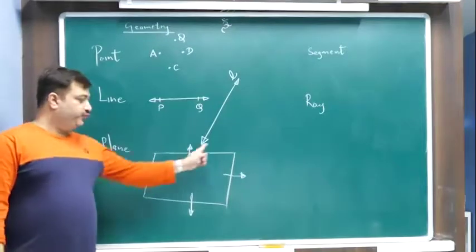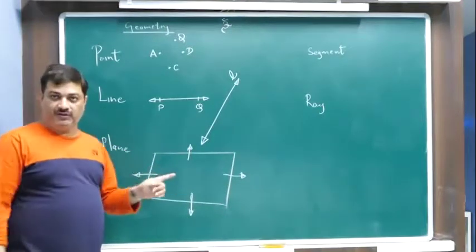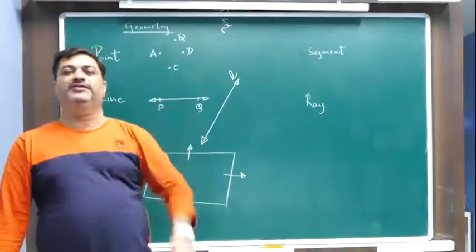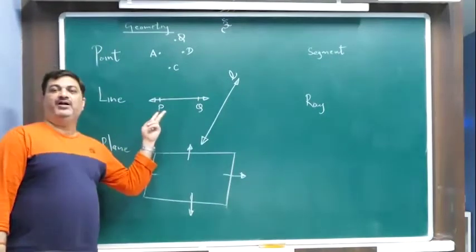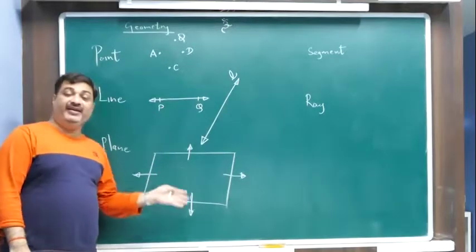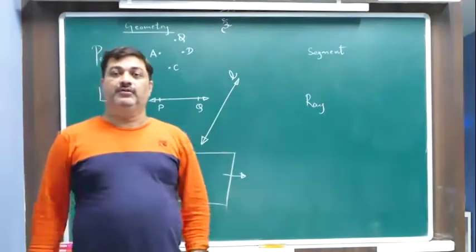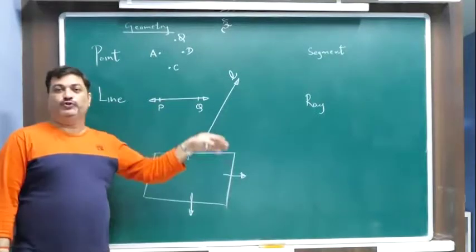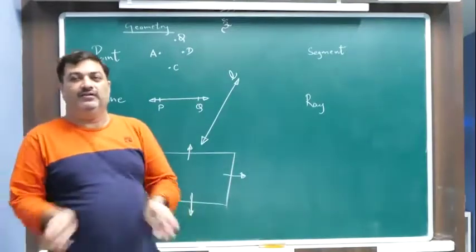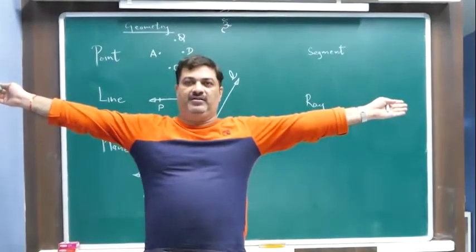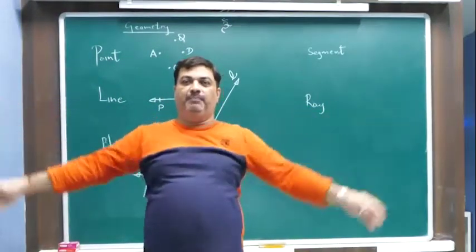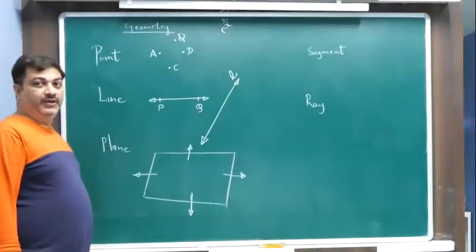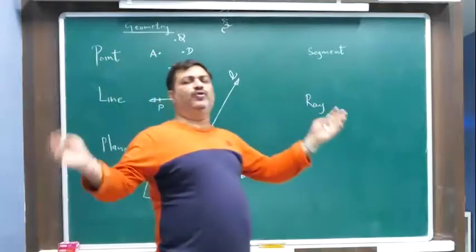Meaning, there has to be a four-sided closed figure and there have to be arrows to indicate that it can expand on all the sides. So, just like a line can expand in two sides, a plane can extend in all the four sides. A line can extend this side also, this side also. Why? Because it does not have a beginning, does not have an end. Indefinite, infinite. A line is infinite on two sides. A plane is infinite on all four sides because it has four sides. Okay, so it is infinite, it is indefinite on all the four sides.